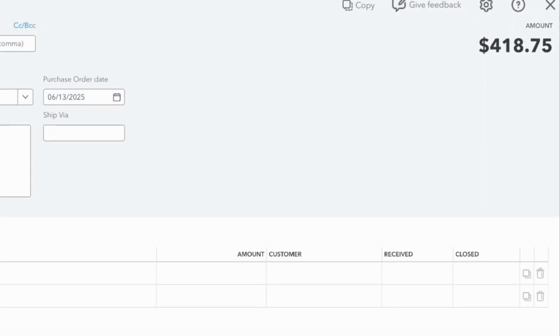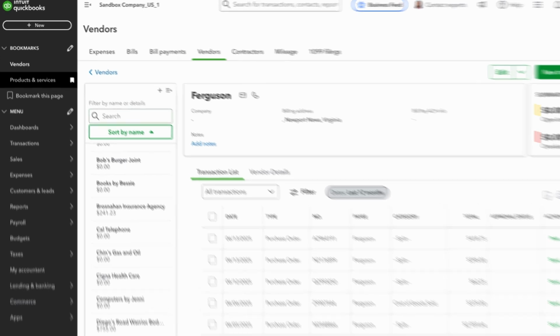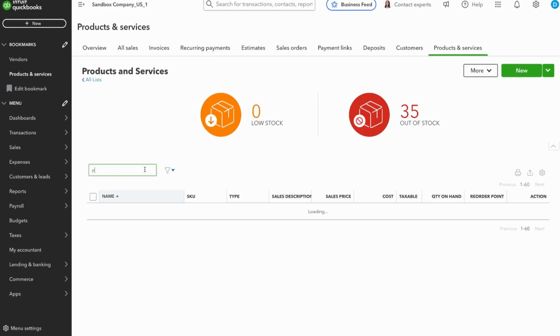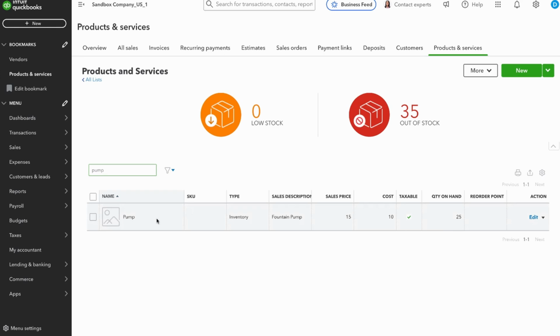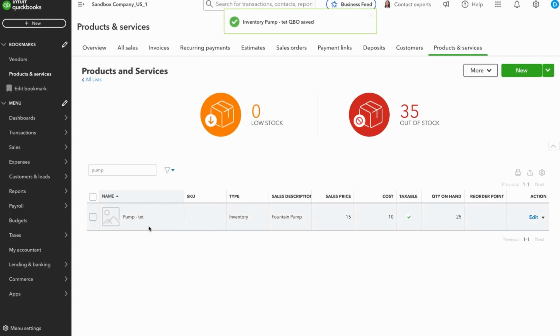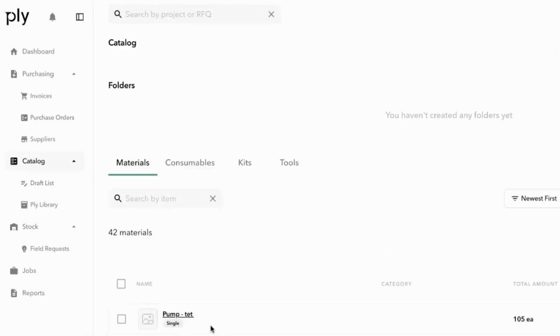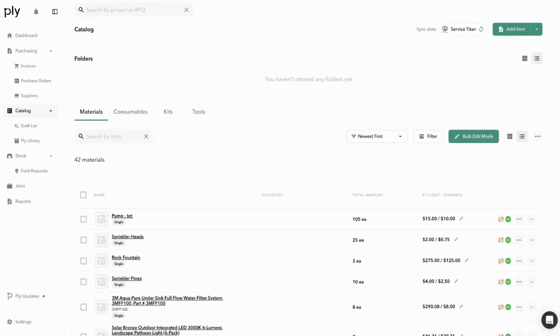Now let's head over to the items within QuickBooks Online to show you how we can edit items within your products and services. I'm going to go ahead and click on Products and Services, and we're going to find an item that we just synced over. And we'll go ahead and edit this item. We'll change the name and click Save and Continue. You can see that we've changed the name from Pump to Test Pump. And when we head over to our catalog, we'll be able to see the name matches exactly between Ply and